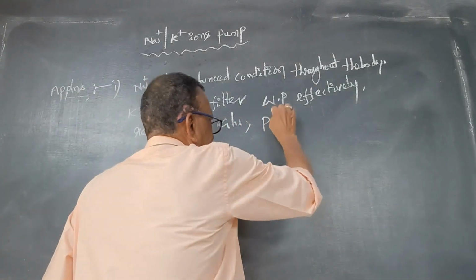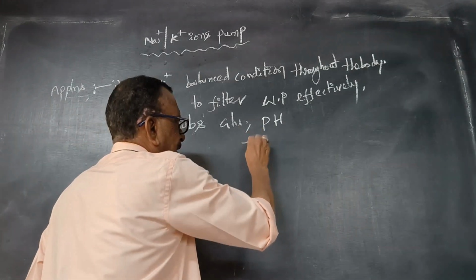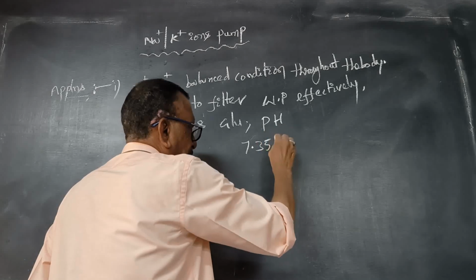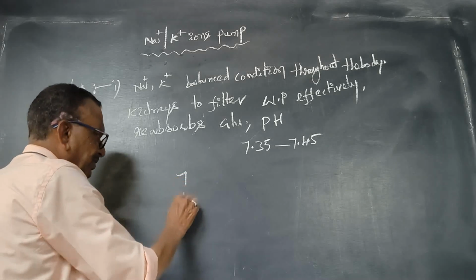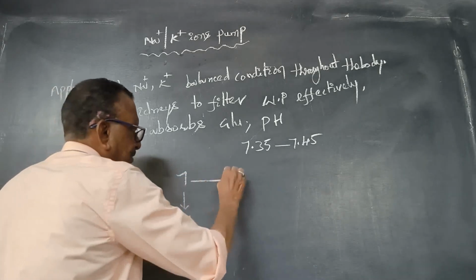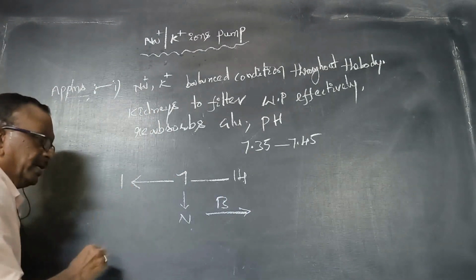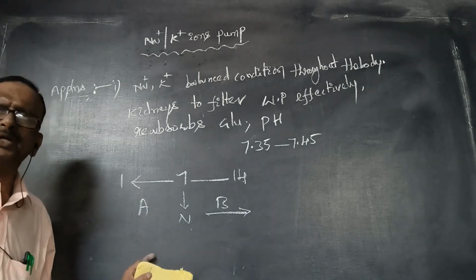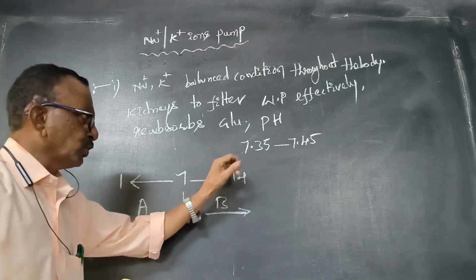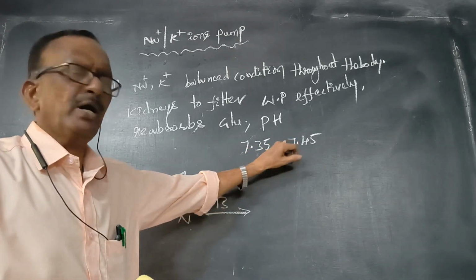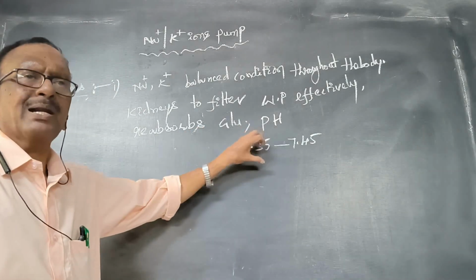And another one is maintenance of proper pH of blood. Blood pH, normally human pH, is 7.35 to 7.45. Generally 7 is neutral, 7 to 14 basic, 7 to 0 or 1 it is acidic. So our blood is slightly basic, greater than 7. So 7.35 to 7.45. In the human body, pH must be properly maintained,